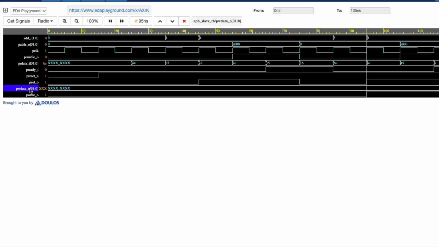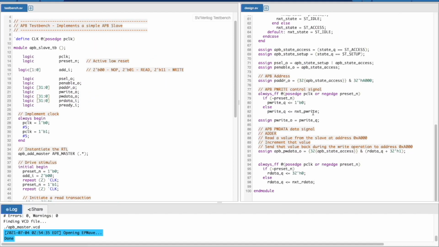P write data underscore O. Okay. So we are driving it using APB state access, which can either be 0 or 1, which means either our read data is not working correctly for some reason.